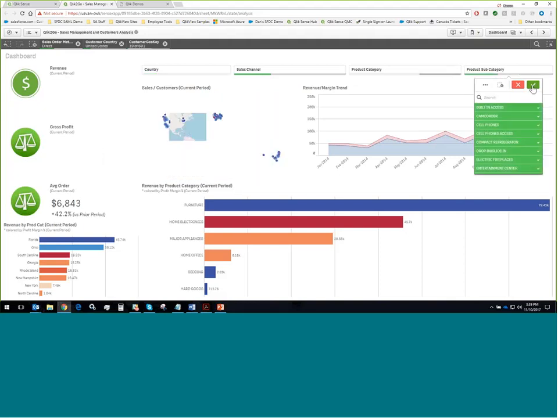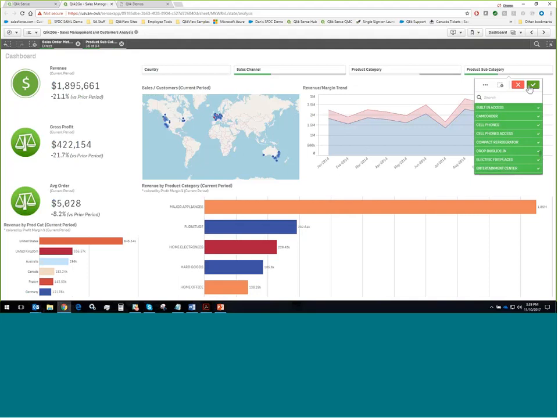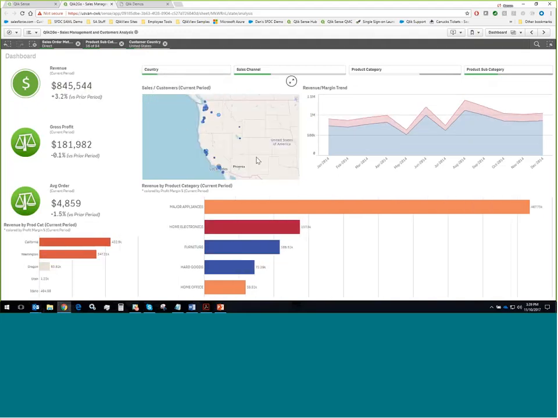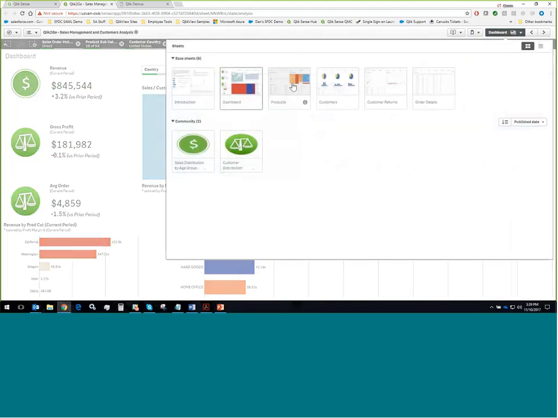By selecting excluded, I'm now focusing just on those products that we weren't selling in that eastern region. If I want to see globally, I can still see globally, or I can look back into the United States specifically for myself. And in fact, we are only selling those products in the West. My selections will follow me along, and I can jump to any other part of the application to dig a